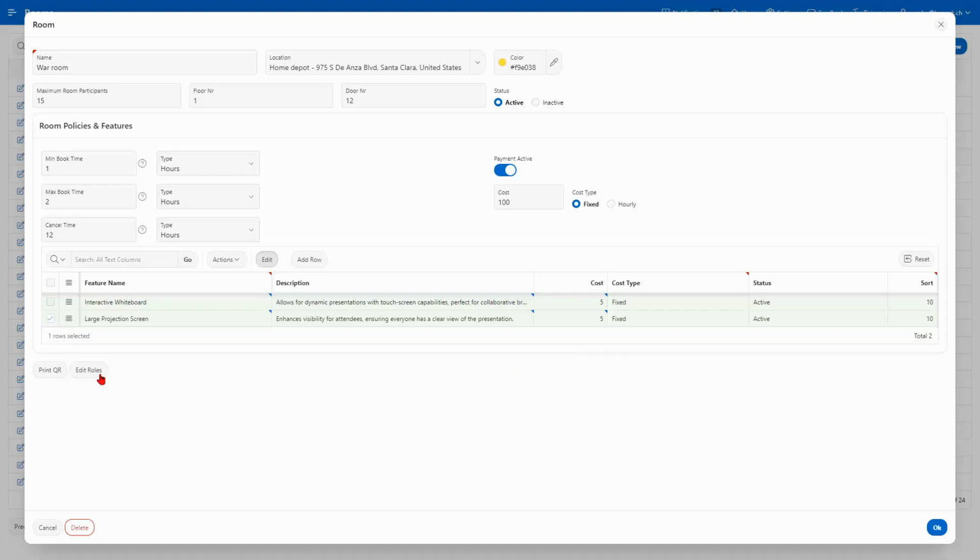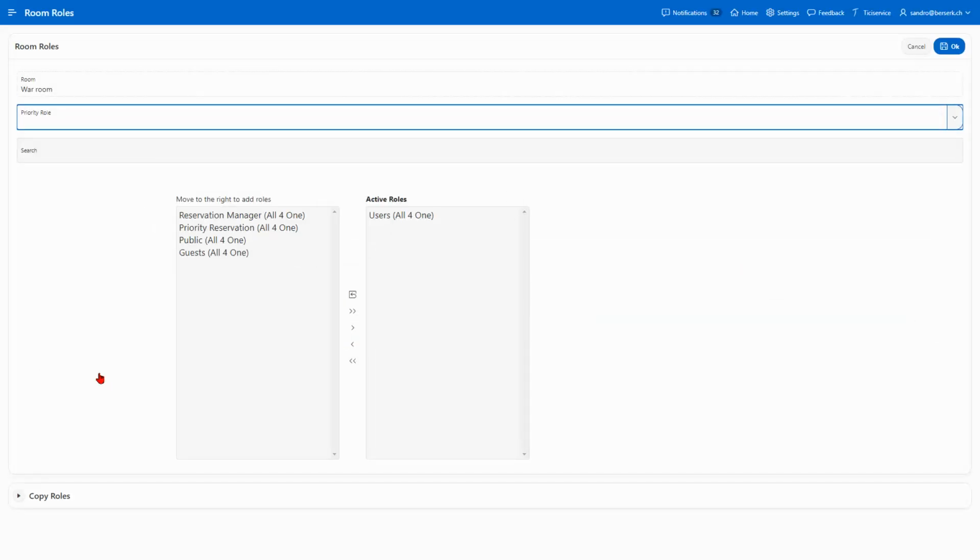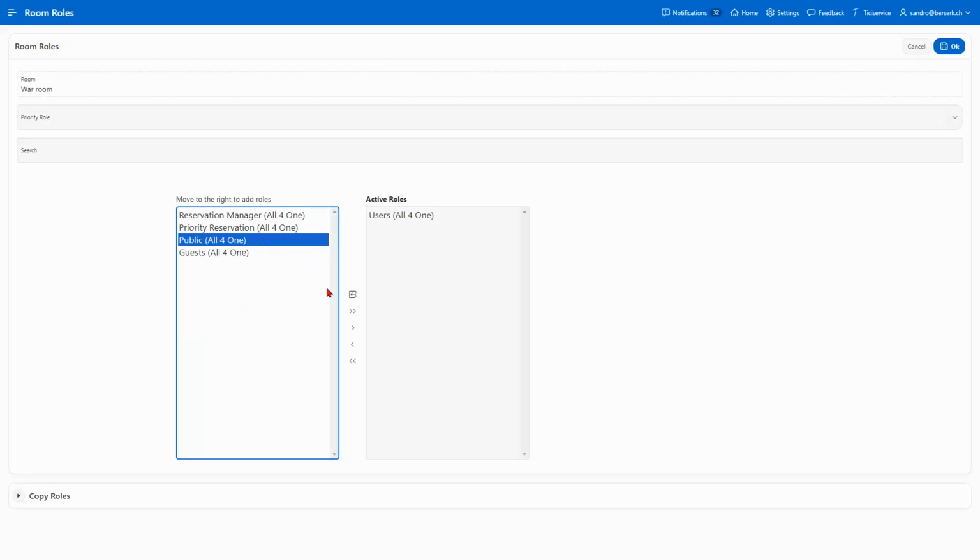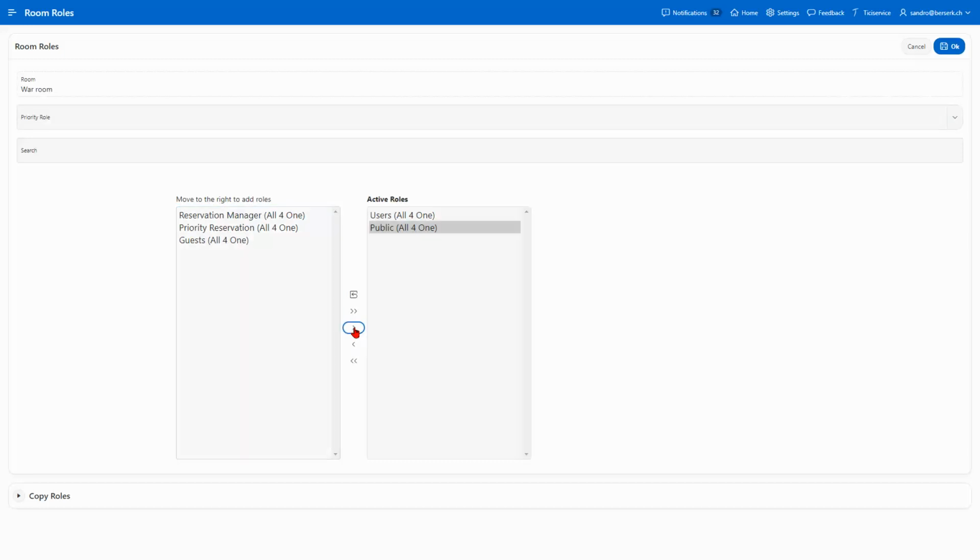Press Edit Roles. On this screen, select the room roles authorized to book the room. By default, all users can book it. However, if you wish to make it bookable from the internet, you need to add the public role. An important feature to note is the ability to select a priority role, which is vital for effective room reservation